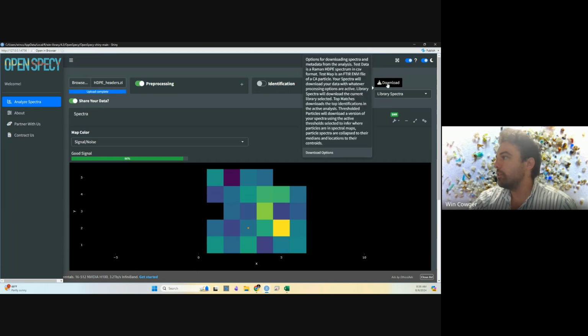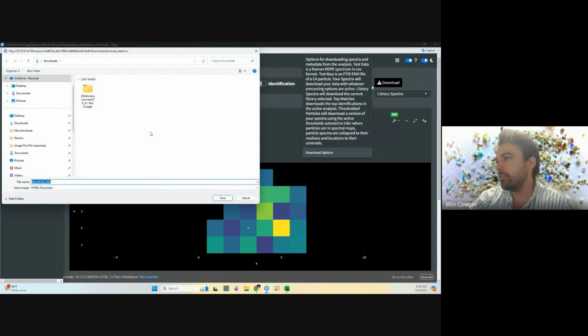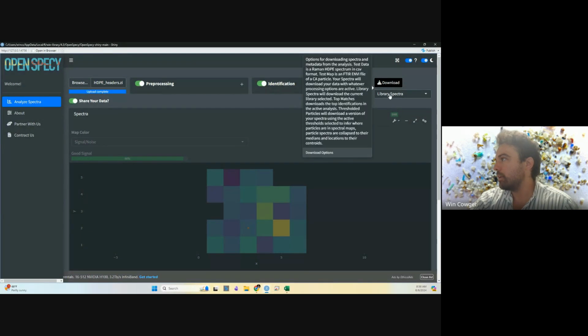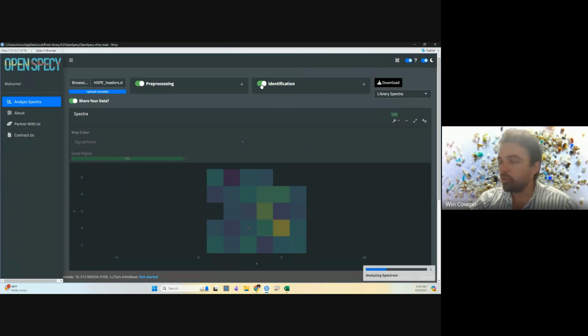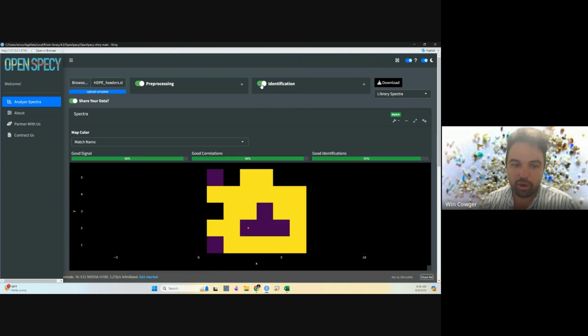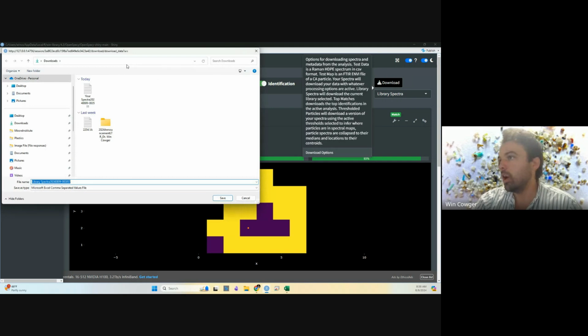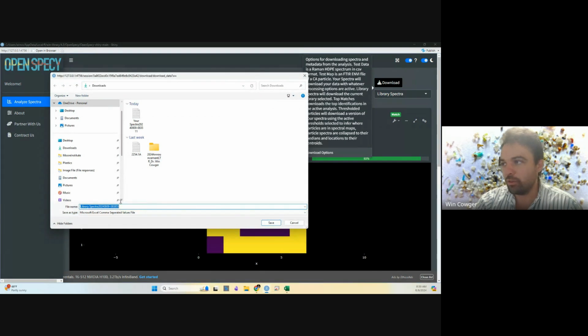And you can download. If we wanted to download that, it's always good practice. I need to have this actually opened for it to download correctly. So I just clicked identification and it's going to start analyzing the spectra right away. It's going to analyze all 28 spectra at once. Let me see if this will work now. Yeah, here we go. Okay, so I guess you had to have identification selected for the download to actually work on your library spectra. So once you've selected that,